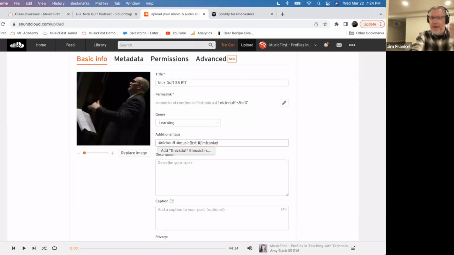Again, that's on Spotify, iTunes, whatever you use. So I'm going to also put in music technology. So if people are searching for music technology, they'll find it there. That's what these tags are all for, search terms, okay? And then I'm going to put music education. So those are the 5 tags I always use. The person's name, my company's name, my name, and then the 2 categories, music technology and music education. I hope that makes sense. Description, you can put in a description. To be honest, I don't put them in.